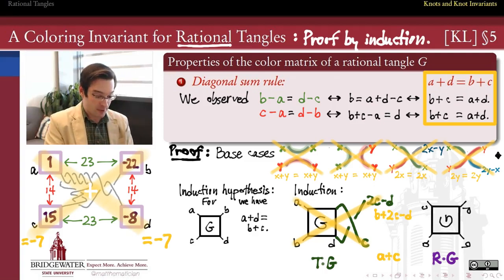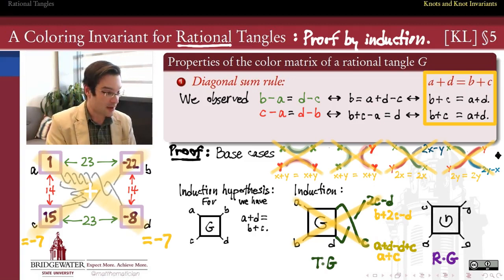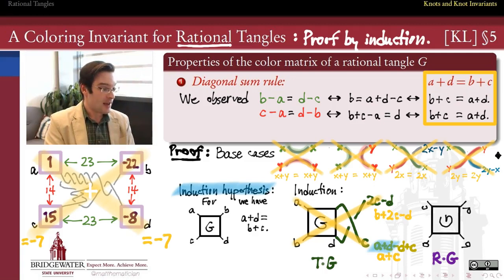So how can we figure out if they're equal? Well, we can add and subtract D from the one on the bottom. So A plus D minus D plus C. So we introduce D into this equation because we have a D up here we'd like to somehow connect with. But now is a place where we can apply our induction hypothesis, which is how we know this is really an inductive proof. According to our inductive hypothesis, A plus D is equal to B plus C. So I can replace the A plus D in this expression with B plus C instead. And once I do that, I get B plus C minus D plus C, which is indeed B plus 2C